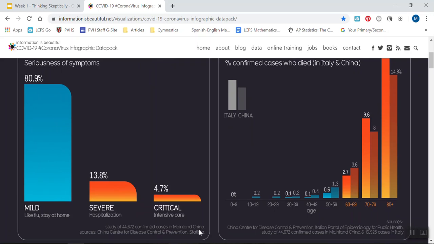If we're talking about confirmed cases, were these self-reported levels of symptom severity, or were these judged by a physician? It says mild is flu-like and they stayed at home, severe is it required hospitalization, critical is it required intensive care. What if somebody went to the doctor, thought they had the regular flu,